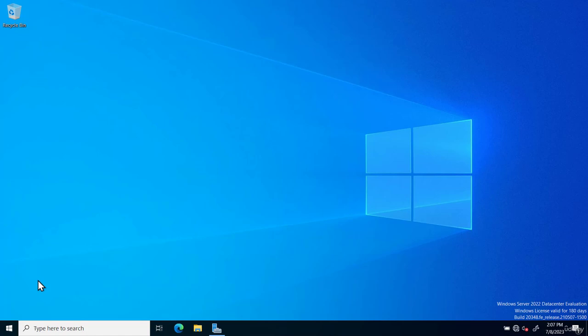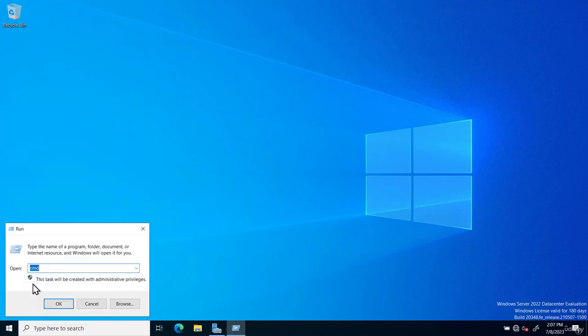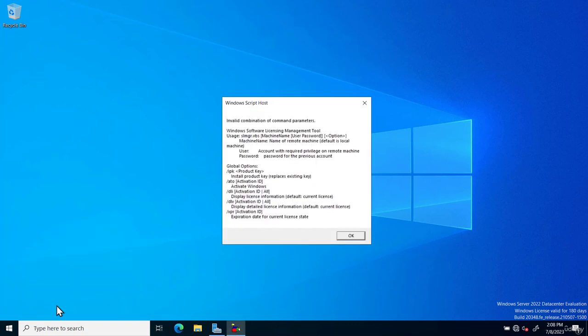In this demo, I'm going to walk through the Software Licensing Manager script. I'm going to go to Run, and in Run, I'm going to type SLMGR.VBS. You have to type the .VBS for this to execute. It's a Visual Basic script. So SLMGR.VBS. When I hit OK for that, it brings up the Windows script host, and I can see all